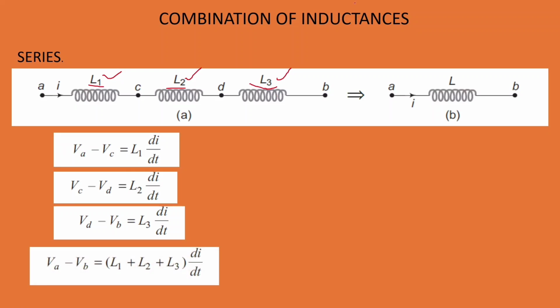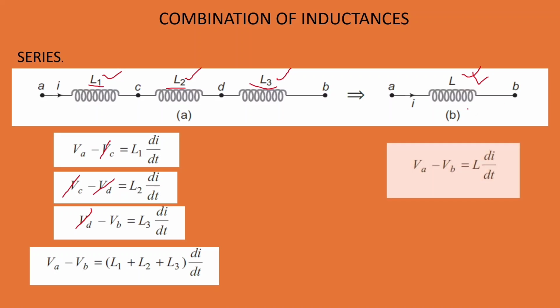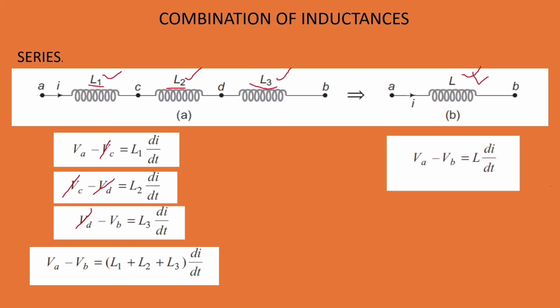Now for the total, we sum up all these quantities. Then this VC cancels out, this VD cancels out, and the only remaining part is VA minus VB. So VA minus VB is equal to the sum of the inductances L1 plus L2 plus L3 times di dt, right? Now we have taken the equivalent inductance as L, so the voltage drop across this equivalent inductor, VAB, is VA minus VB equals